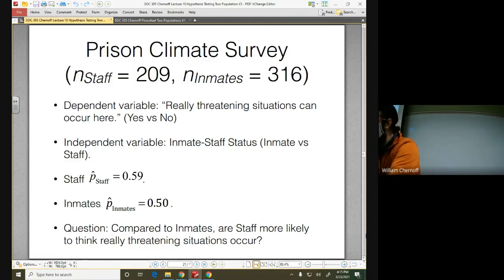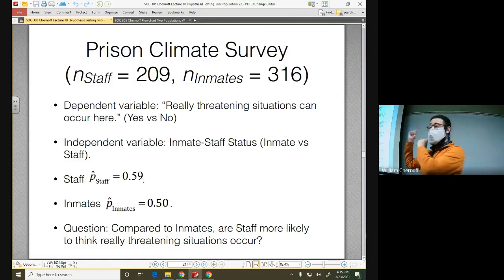Yes? No? So they could be different. They could be different because they really are different. Or they could be different because we got lucky. You know, we went out and took a random sample of inmates and a random sample of staff members, and by pure chance it just happened to turn out this way. So we need the statistics. We need to use this method, this website that we're going to talk about, to statistically decide whether or not these two proportions are in fact different from each other.